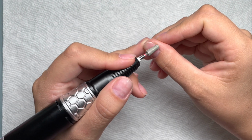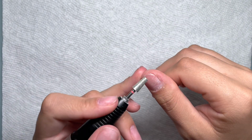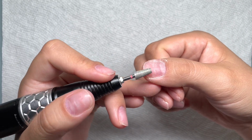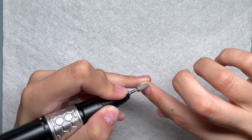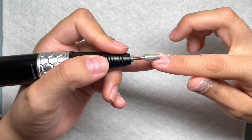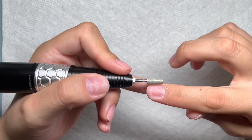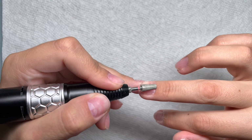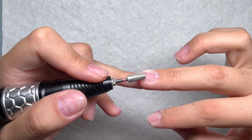And so what I am doing here is I am roughening up my nail. I'm cleaning my cuticle area. First of all, this is a Kiara Sky tapered barrel bit, and I love this bit. It's kind of like a sanding, it's going to replace your sanding band. It takes care of the cuticle area, and it buffs the shine off of your nail. I have my drill at 400 RPM, and I am just lightly buffing the surface of my nail and going around my cuticle area, cleaning that up. You'll see me do it again, but